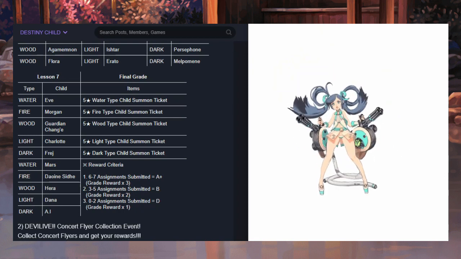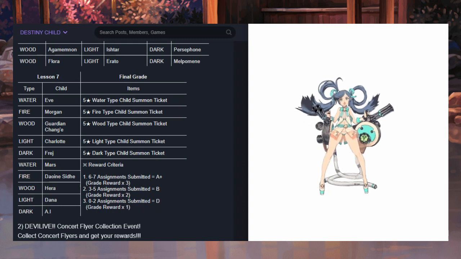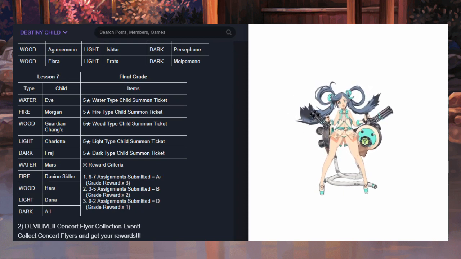Now, Mars is another defender, I think not as universally powerful as Dana. However, where Mars excels is world bosses. So I think for newer players, definitely you don't need Mars. But for established players out there that don't have Mars, she can really help you out in world bosses because